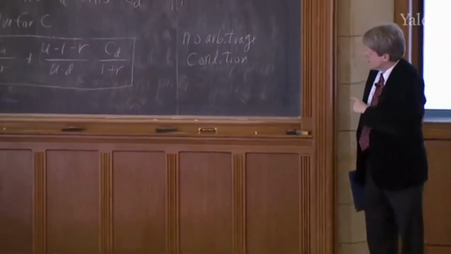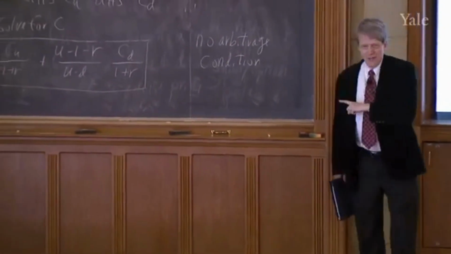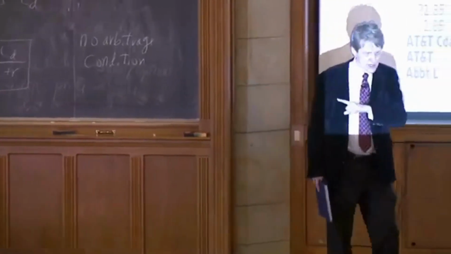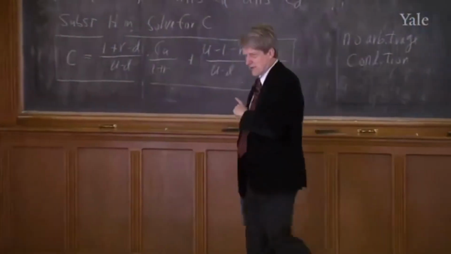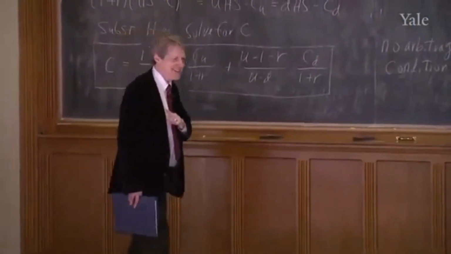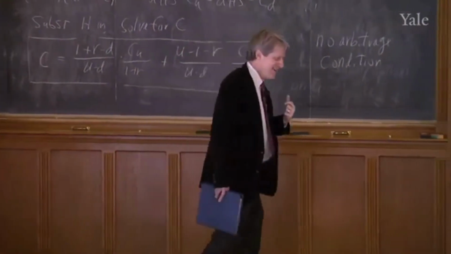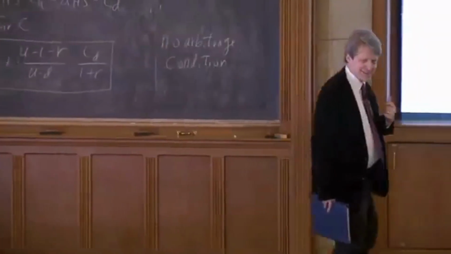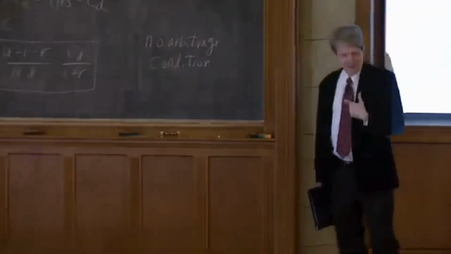So one of the most powerful insights of theoretical finance is that the no arbitrage condition should hold. It's like saying there are no $10 bills on the pavement. When you walk down the street and you see a $10 bill lying there, your first thought ought to be, are my eyes deceiving me? Because somebody else would have picked it up if it were there. Well, how can it be there?